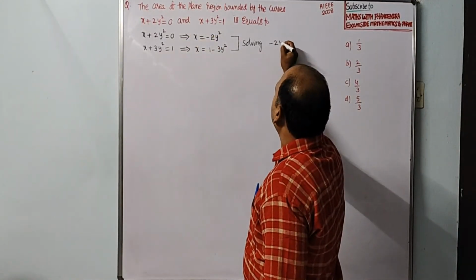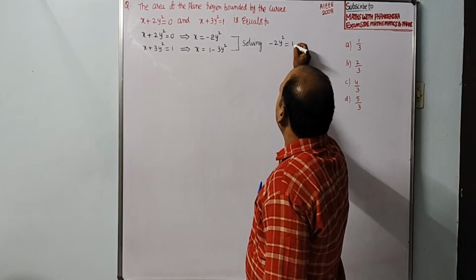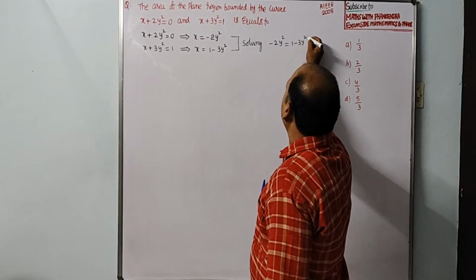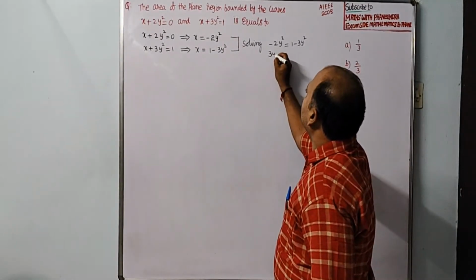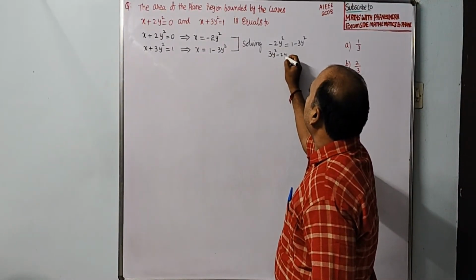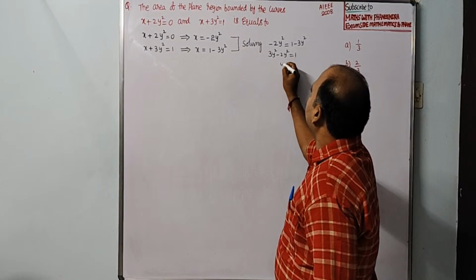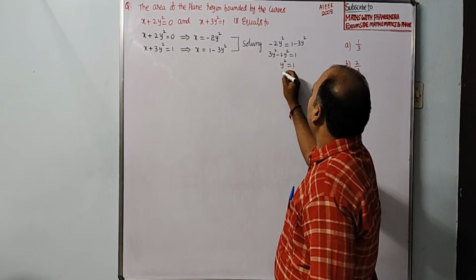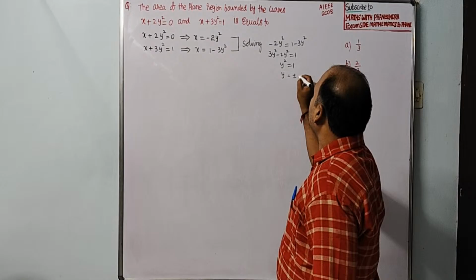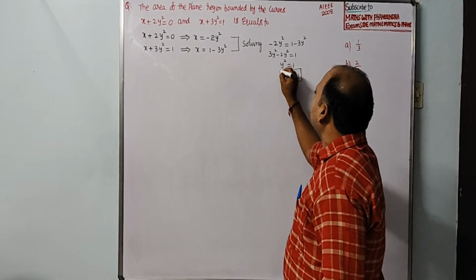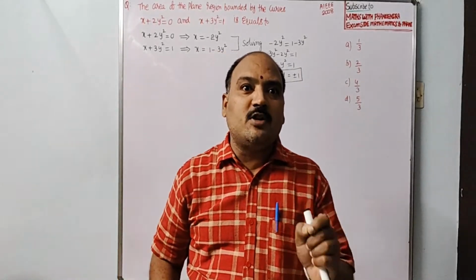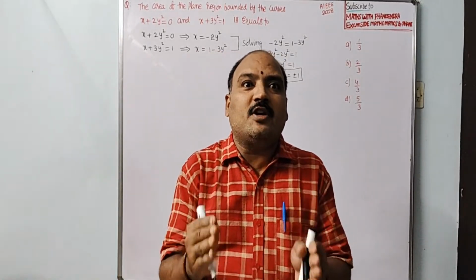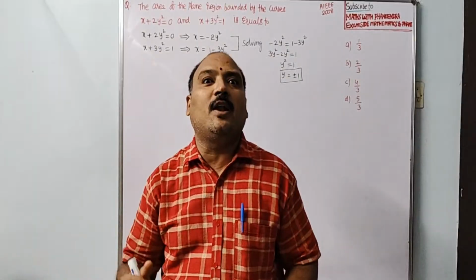So, minus 2y square is equal to 1 minus 3y square. Minus 3y square, bring this side. So 3y square minus 2y square equal to 1. Y square equal to 1. Y equal to plus or minus 1. So y limits we got, dear students. Whenever y limits we got, the area with respect to y axis we can calculate